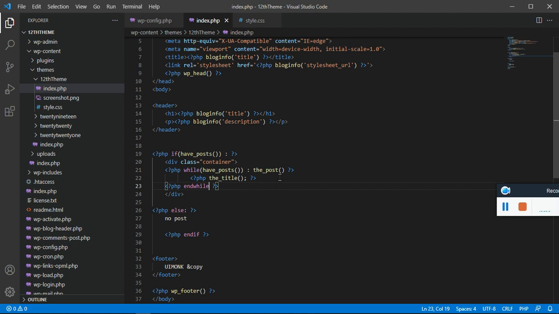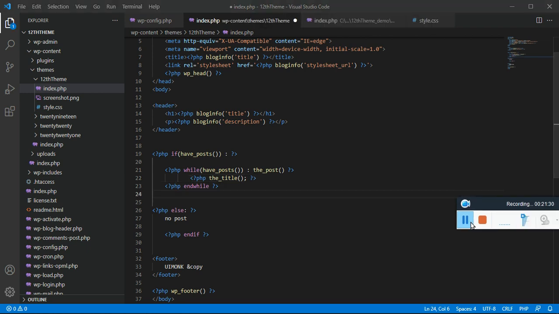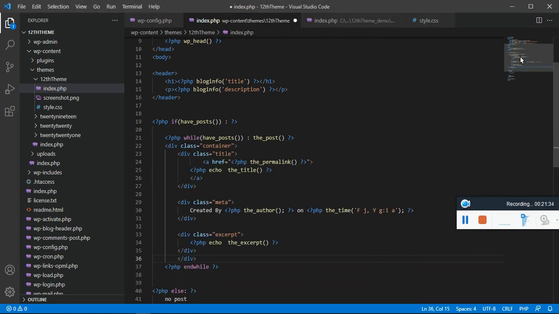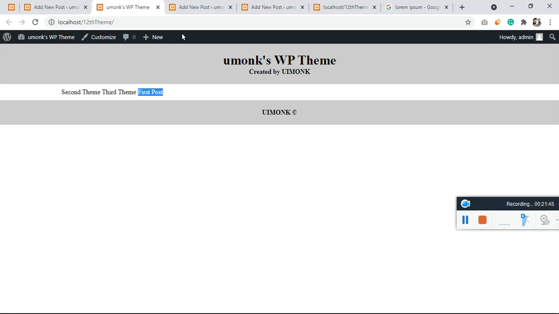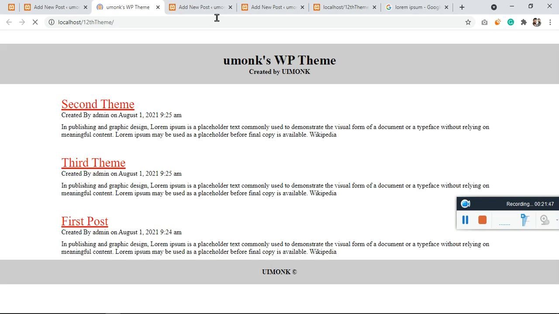Likewise, let us add the description as well. So let me use the HTML. Now let me remove the title and paste our custom HTML. Here, if you see, we have our title, the author, the time, the excerpt, and the permalink. Just notice these functions.